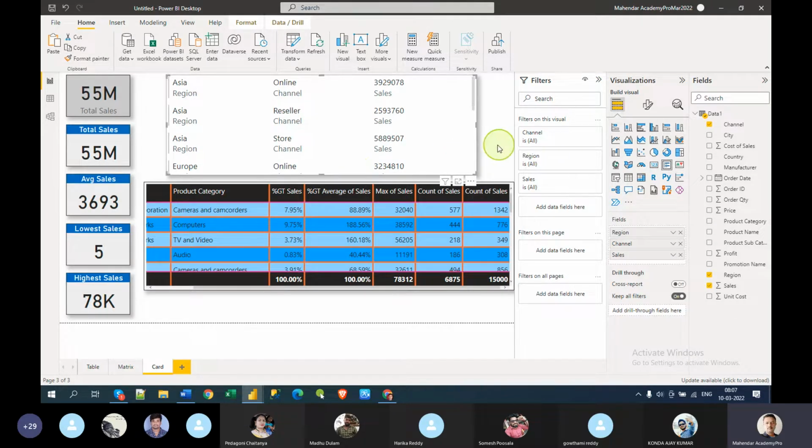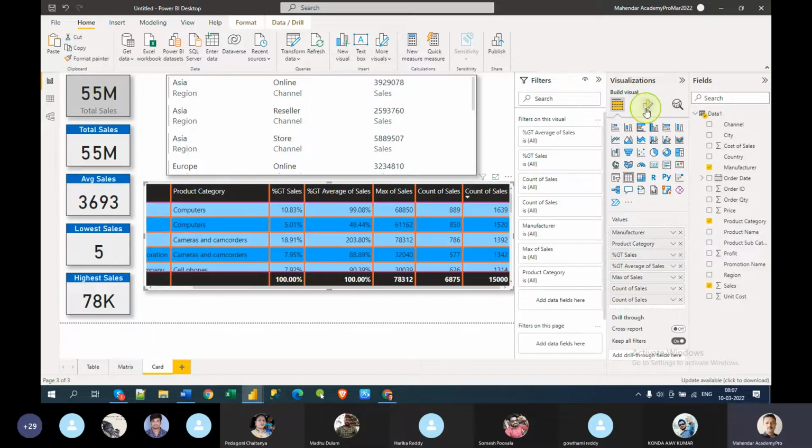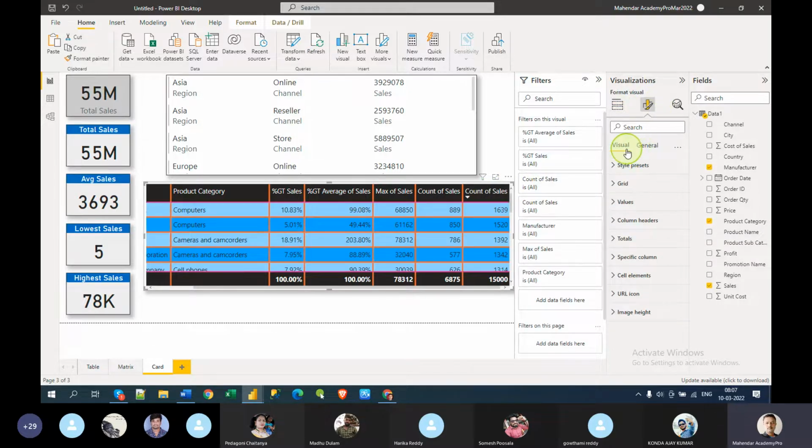only the borders are changing, but you can still control the rest, because when you click format painter, only the general properties will be copied, but individual properties will not be copied. We will see individual properties when we create the themes. We will also create a customized theme. At that time you will understand what is the specific formatting and what is the common general formatting. That is why, when you click this, you see two things in the formatting: visual-specific formatting and general formatting.